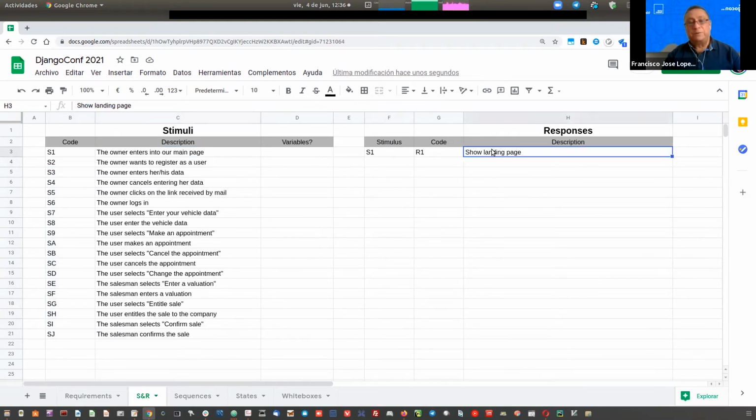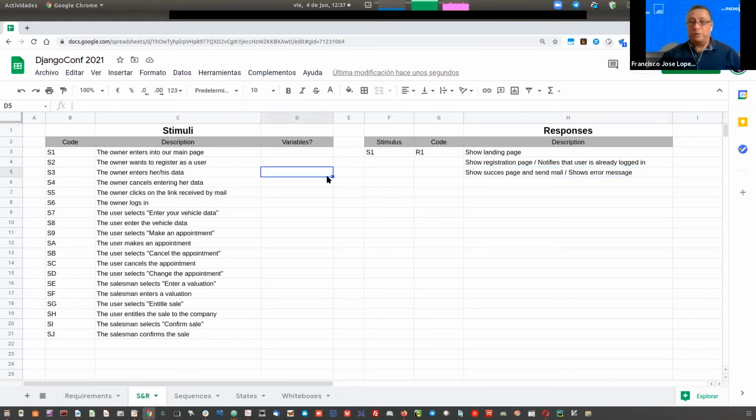We saw that, for example, if the owner enters our main page, the response is showing our main page. And what other response will we have? If he wants to register as a user, then we will show our registration page, or we could notify him that he's already logged in, okay? And what other response? If he enters his data, then we will show the success page and send mail. Or what if he's already registered or the mail is already registered in the system? Then we will show him an error message. So we have both possibilities here, and then we can use a variable that is